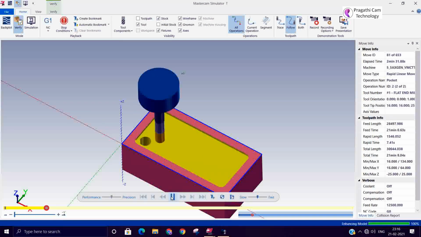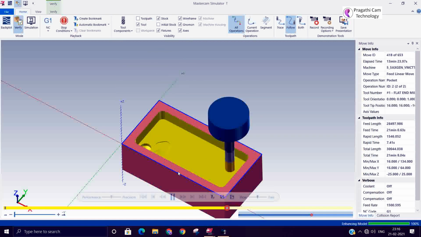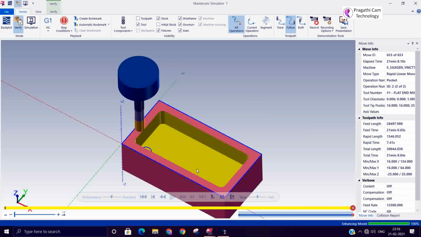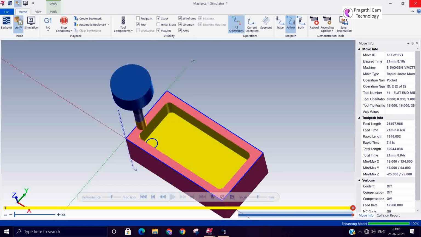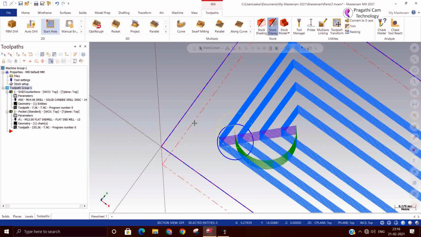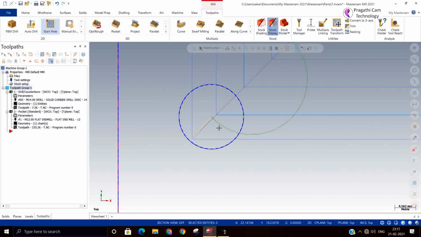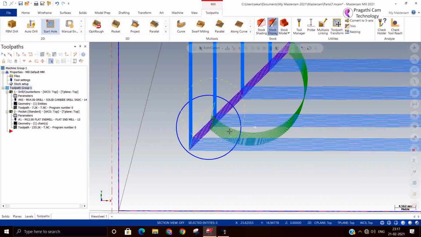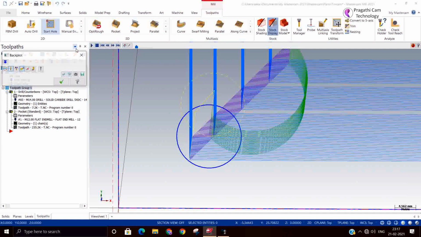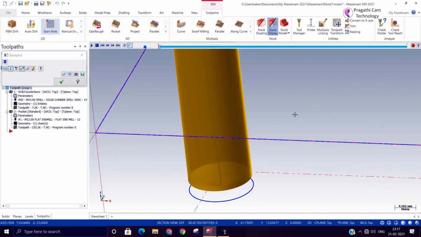So you understand what is the function of this start hole. This is the important point here. The function of start hole is to analyze the tool path and suggest the best way of entry of the tool, and it generates the hole tool path, meaning the drill tool path, also. If you want, you can check it by backplot.